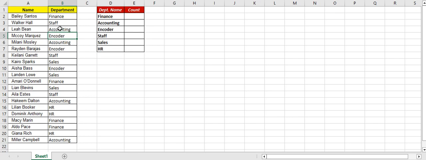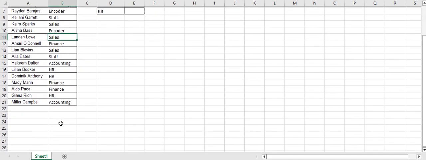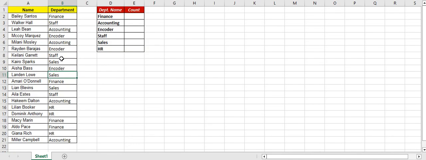Ngayon, if i-count mo yan ng paisa-isa, like for example, bibilangin mo dito hanggang sa pinakababa, pinakadulo ng listahan mo, it will really consume you a lot of time if you do that. But para gawin natin yan, para malesen natin yung time or para mas mapabilis yung ating gagawin, all we have to do is to use a